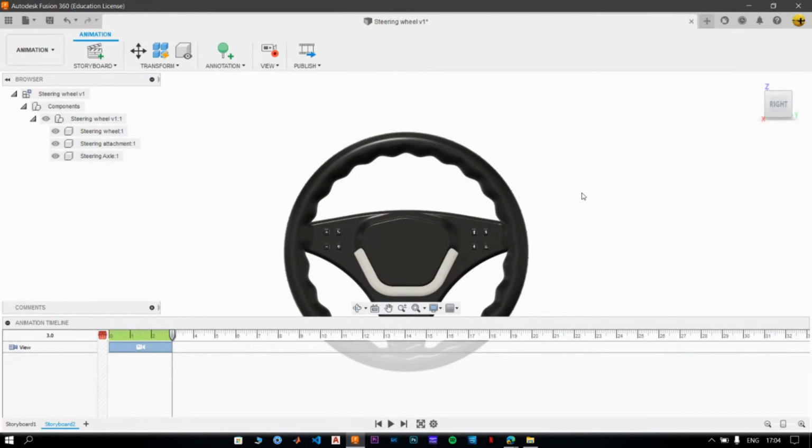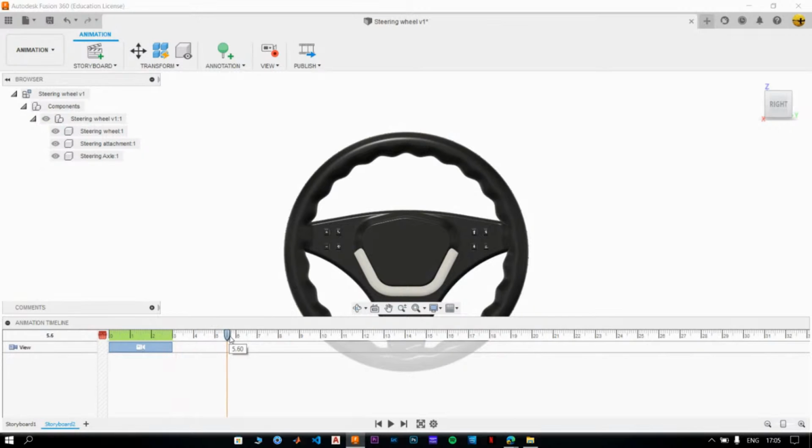And as you can see, 3 seconds have been recorded where the camera angle is changing from the home view to the right view. Now I have the right view in front of me, and what I want to do is steer the wheel. Basically, I want to show that the wheel is being steered in the left direction and in the right direction. So first thing, using the playhead, I'm going to drag it till 6